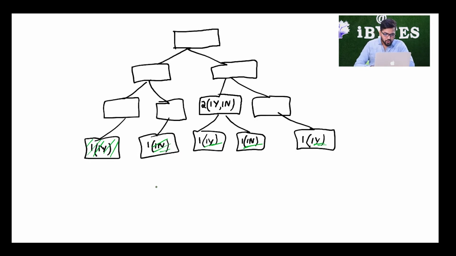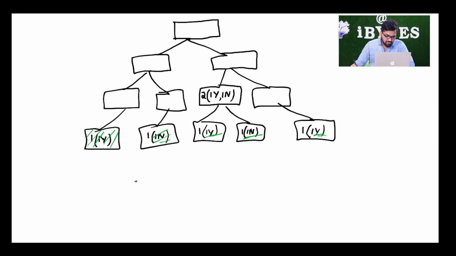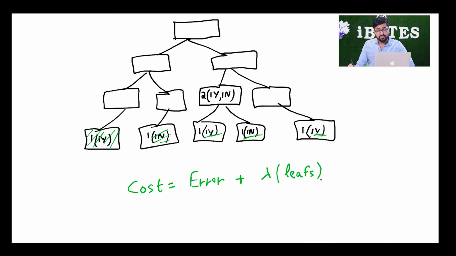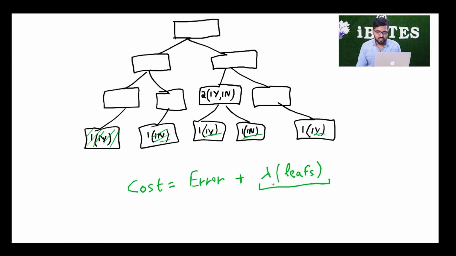Okay, so we have a cost equal to cost due to error, plus lambda into number of leaves. I think we have already seen this equation while discussing overfitting and regularization. In the case of linear regression, we have lambda into summation of theta squared or summation of modulus theta, for ridge and lasso. Similarly, we will be doing over here lambda into number of leaves, because the more the number of leaves, the more the overfitting and the more we need to do regularization for that.